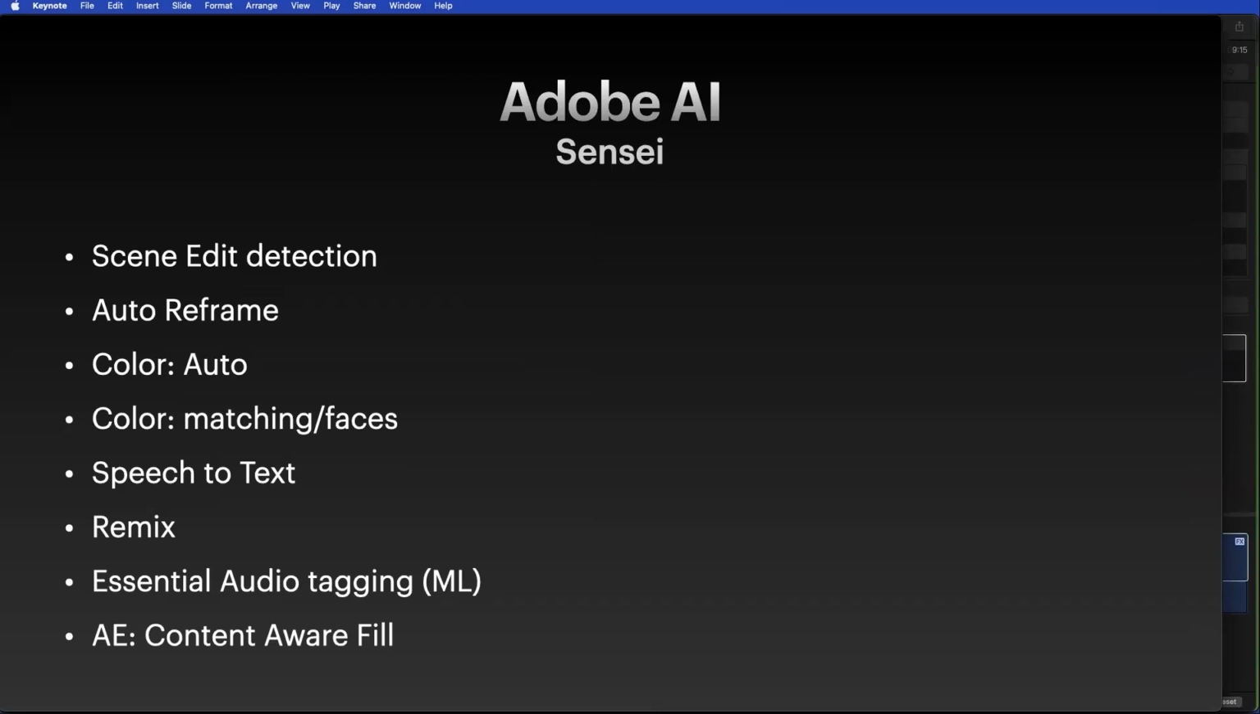Speech to text is pretty crazy. Remix is one of my favorite features. You give it a piece of music and it knows how to cut the music to make it longer and shorter, as well as the After Effects